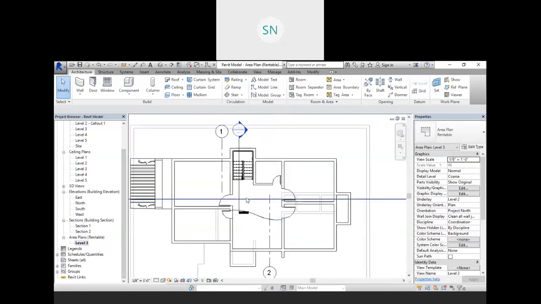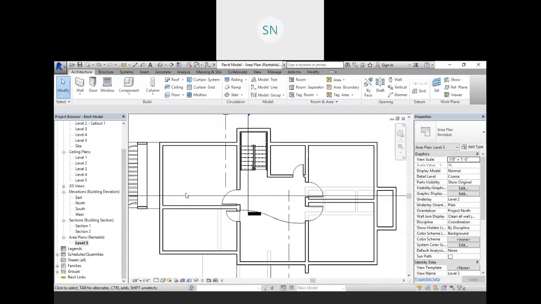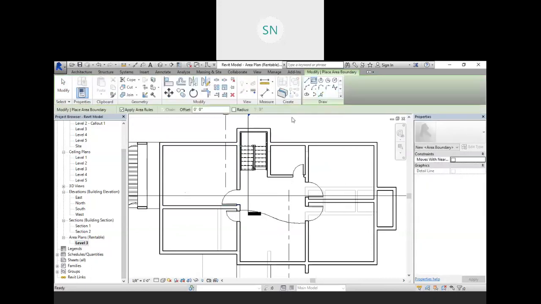Now over here we need to create area boundaries first, because we said no to the automatic area boundaries. So click on area boundary and we need to define areas, that this is my one area, this room, then this is my another area.